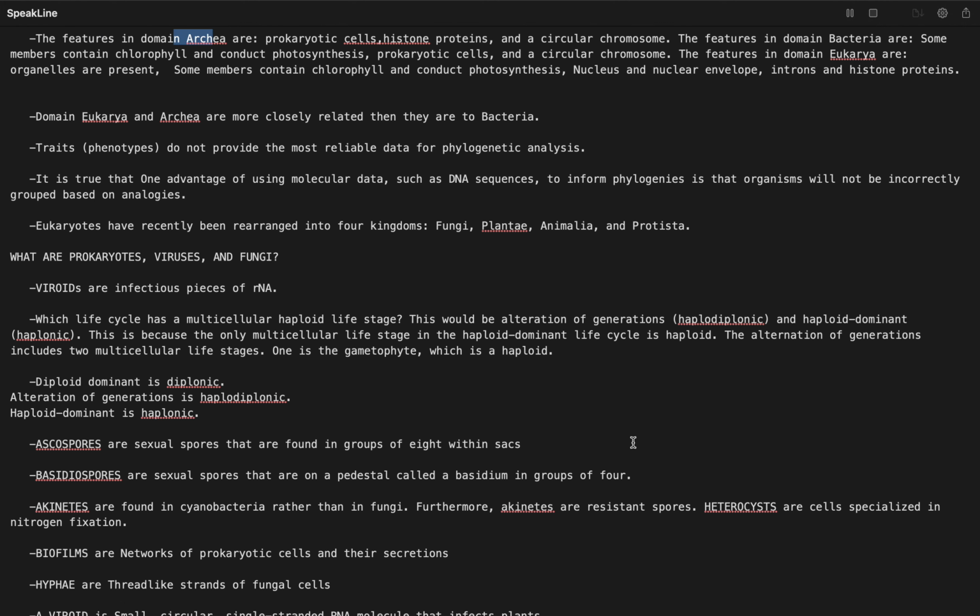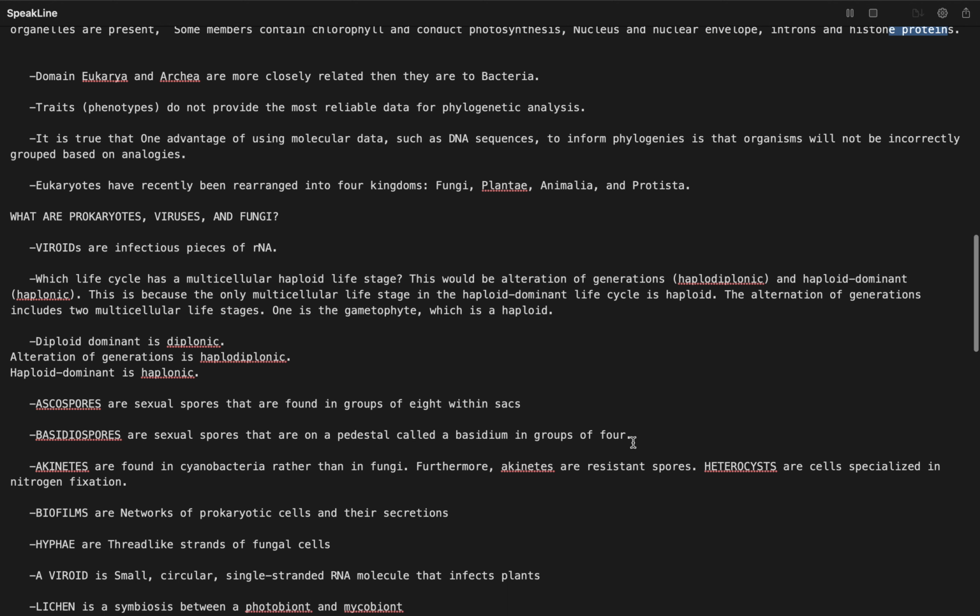The features in domain archaea are prokaryotic cells, histone proteins, and a circular chromosome. The features in domain bacteria are some members contain chlorophyll and conduct photosynthesis, prokaryotic cells, and a circular chromosome. The features in domain eukarya are organelles are present, some members contain chlorophyll and conduct photosynthesis, nucleus and nuclear envelope,